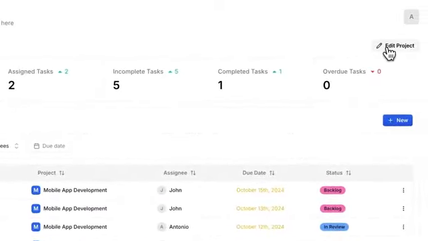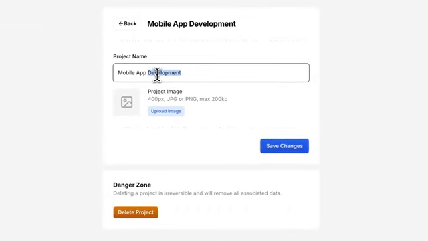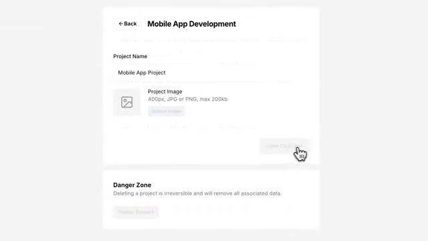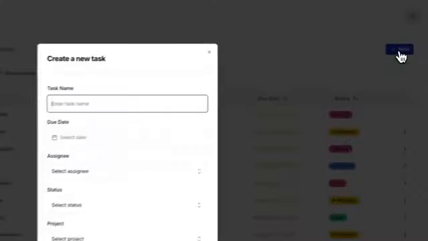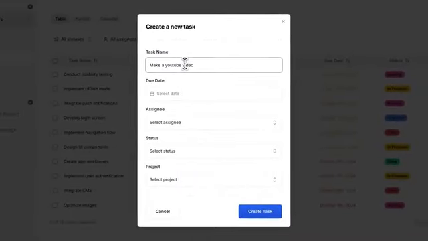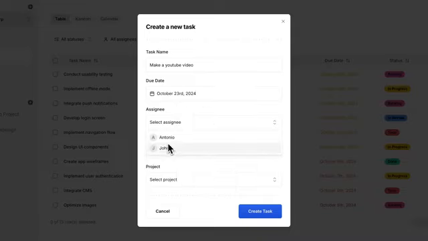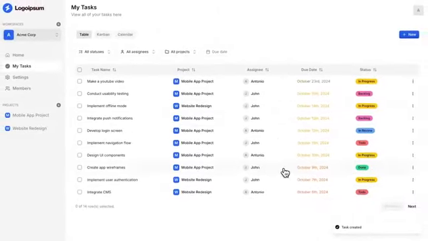We'll build project pages with their own set of analytics and settings. You'll learn how to create, edit, and manage projects within a workspace. Creating new tasks will be a key feature. We'll implement a task creation form where you can set all necessary details like name, due date, assignee, status, and